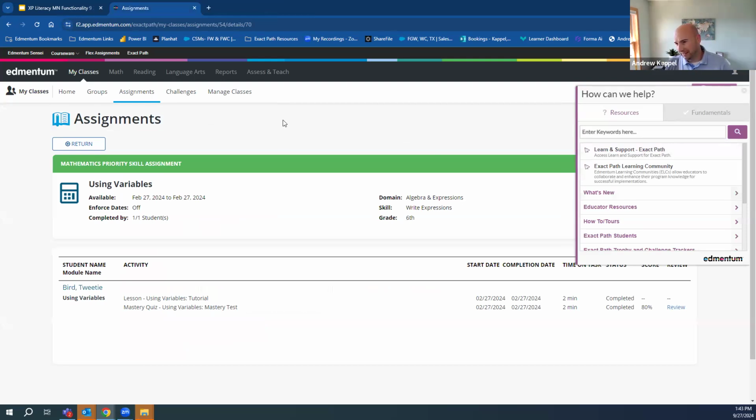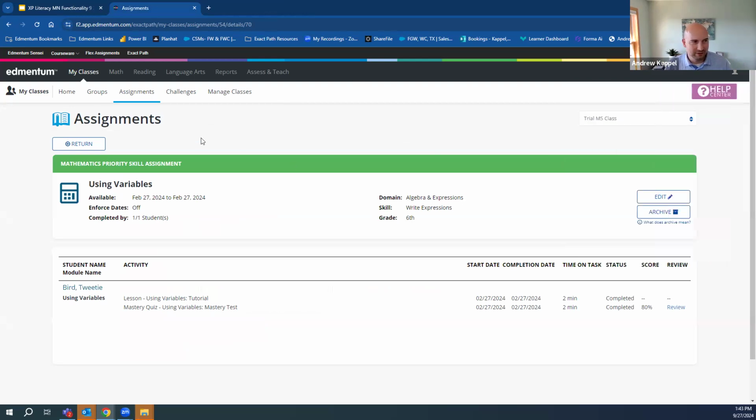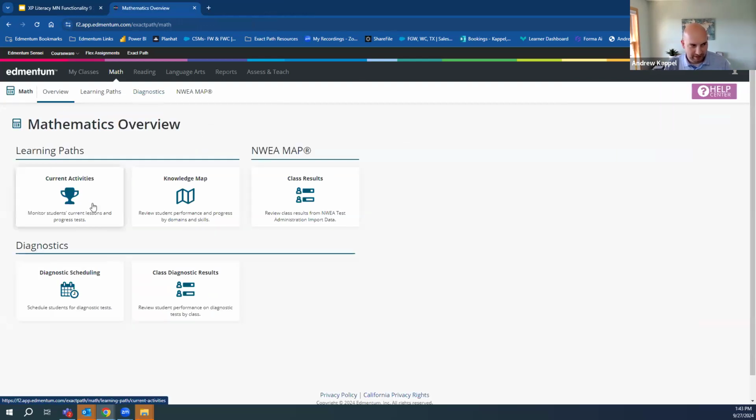Okay. All right. Covered that teacher side, and we kind of went off into that Assess and Teach a little bit, but for the most part, math and reading, current events, knowledge map, figure out your preference on what you want there, to look at and monitor progress within the learning path. But both have great features and they're clickable to see exactly what your students are looking at. All right, any questions before I jump out of here? Excellent. I'm going to jump back over here then.